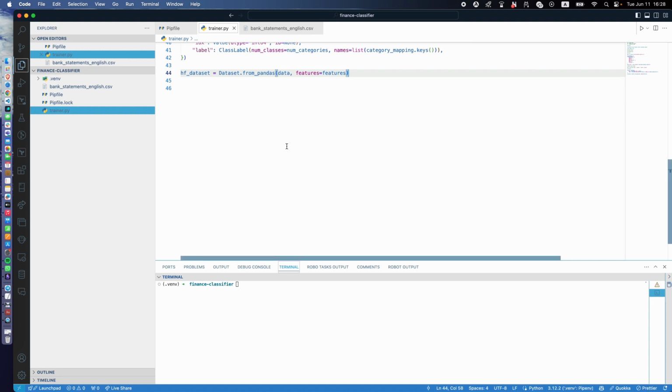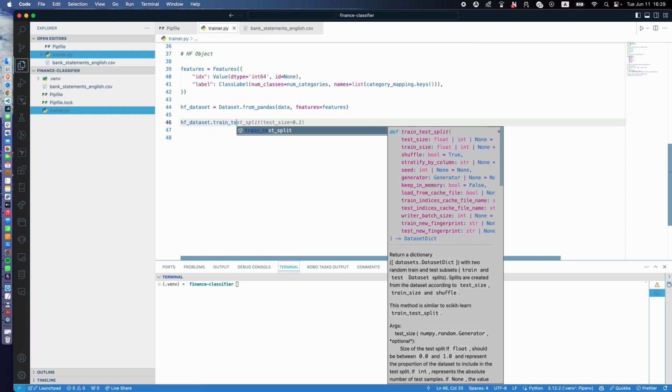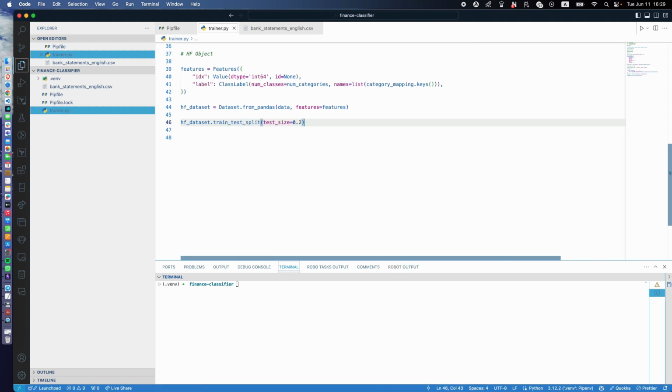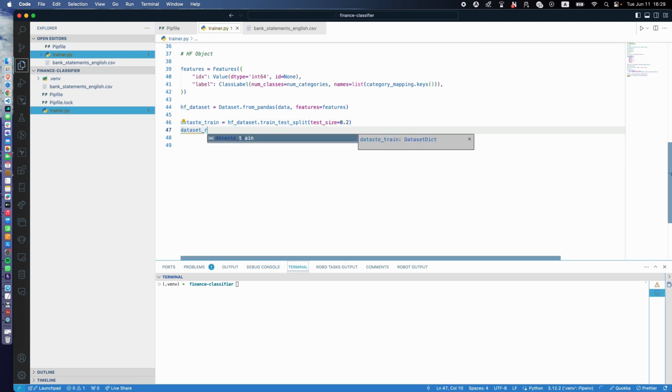Now we need to split the dataset that we have into sub datasets for the training. So we get the dataset, and then using some helpers that Hugging Face has inside, I create a train dataset. Let's call it dataset train. Then from the dataset train, I have two objects inside it: one is test, another is train. Get the test one,